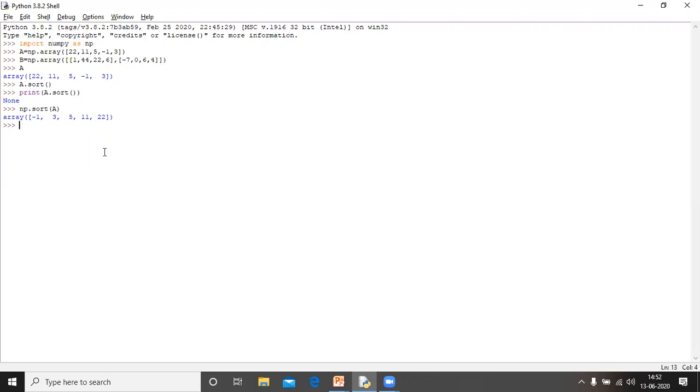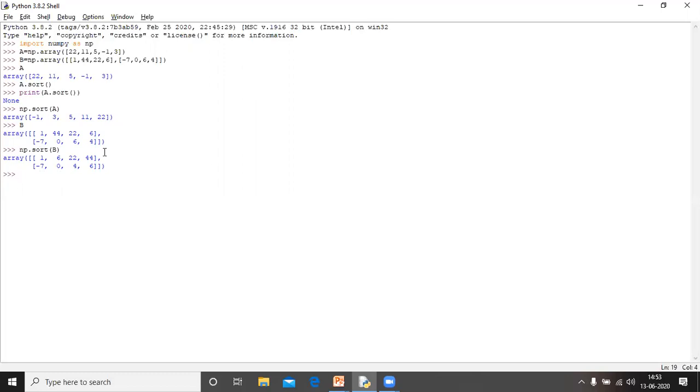If you talk about the two dimensional, this one is B. Then we write np dot sort, then the array name is B. It means the data is sorted row wise because we have not given the axis. By default it will perform the operation row wise.